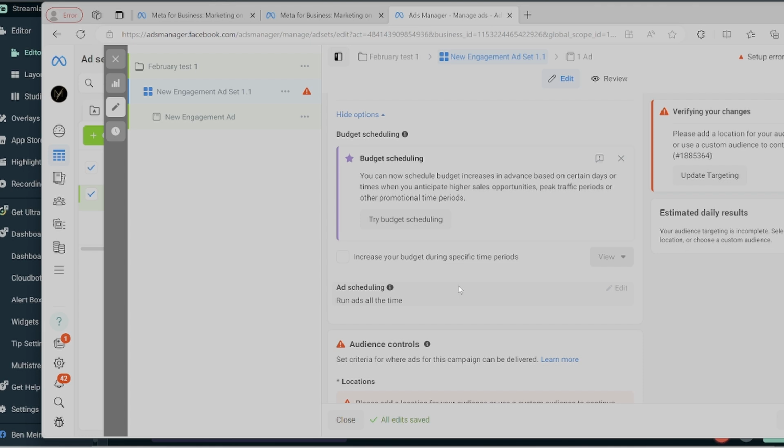What that's going to do is give Facebook an idea of who it might be for, what it is, and then they're going to make a determination on how they think it's going to do. So they're basically judging your ad before it even gets in front of people.